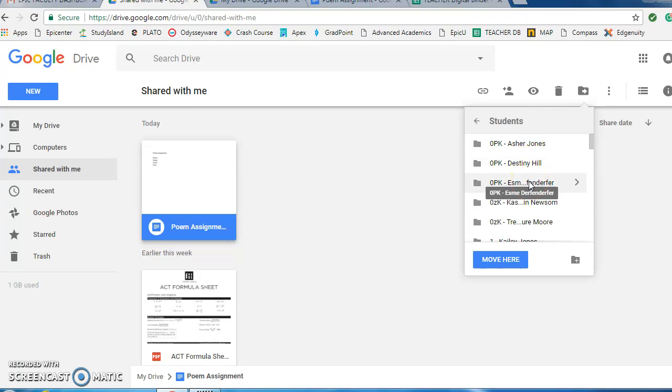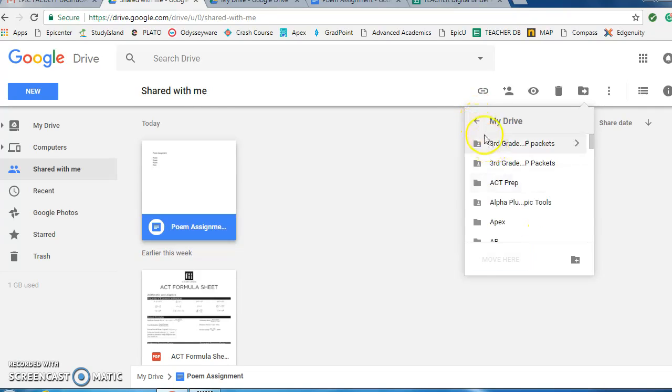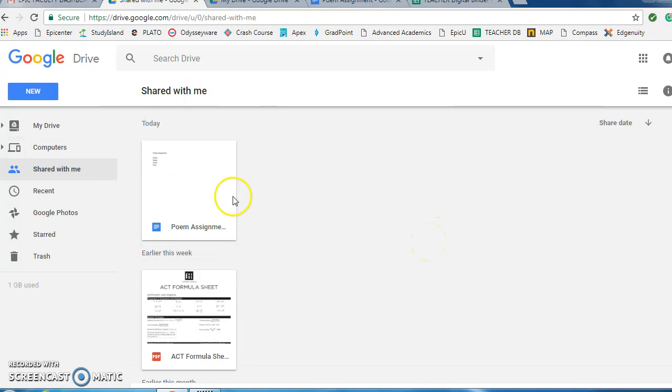Here in the next week or so, I will be sharing these folders with you. That way you have access to them and you can start putting stuff in the folder yourselves as well. So then I just click, I'm going to go back out here. I'm just going to leave it in my drive since this was just an example. And then if I want to double check, go back to my drive,